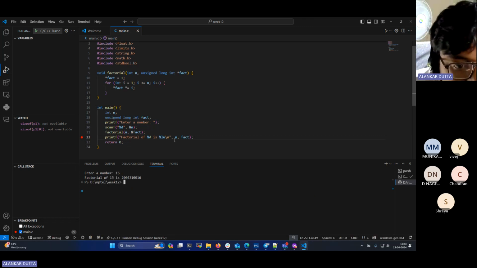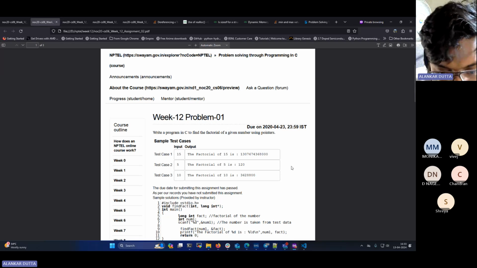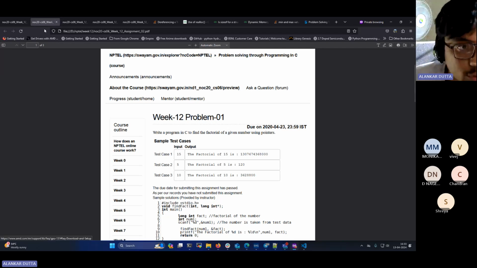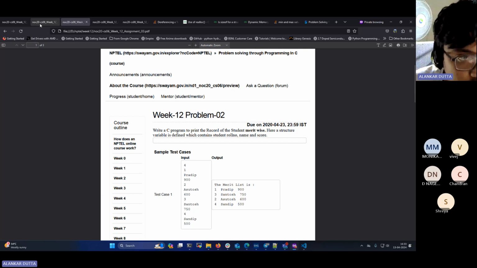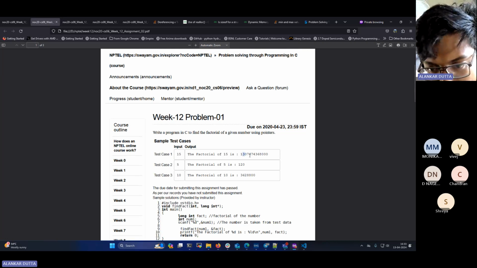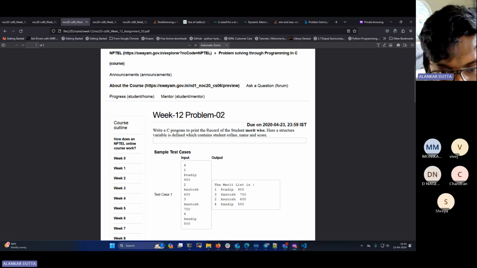No. So yeah, I think it's a problem with dealing with large numbers in my compiler, for which I am having this issue. But for the other numbers, it's working fine. So I'll just skip over this. Okay, and if I come across some other solutions with which I would be able to explain this, then I'll share that in the GitHub repo. But for now, I'll just move on to the next problem,